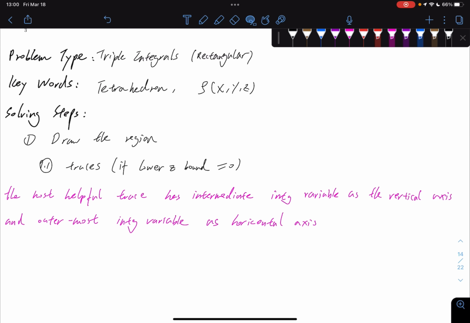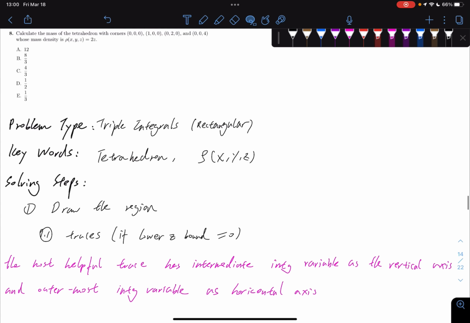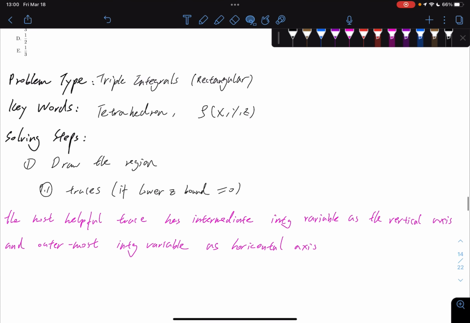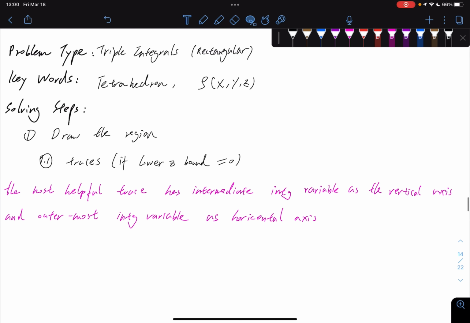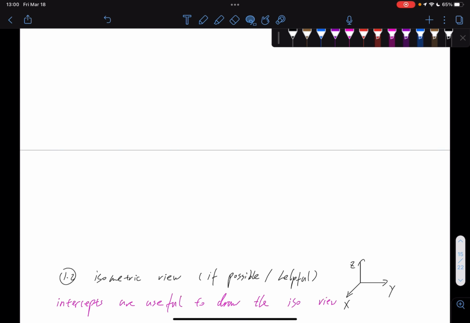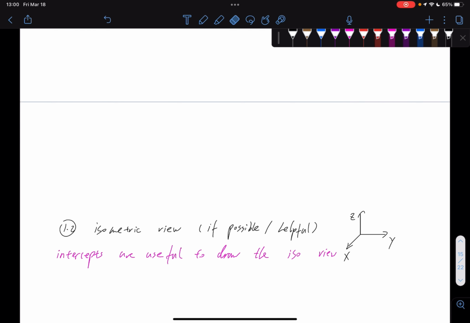Traces, and if the lower z bound equals 0, which is the case here, the most helpful trace has an intermediate integral variable as the vertical axis and the outermost integral variable as the horizontal axis. You know what? I'm going to switch the order here because I think the isometric view is going to be more helpful for us